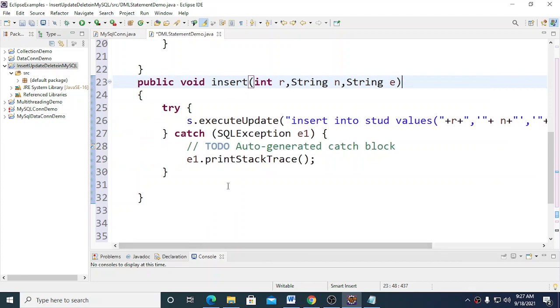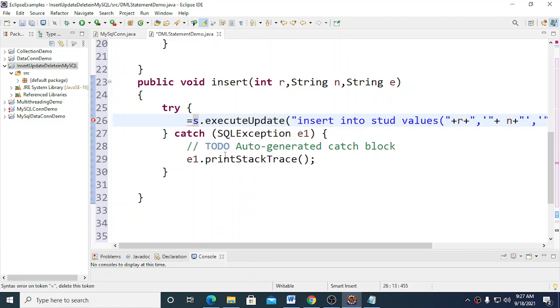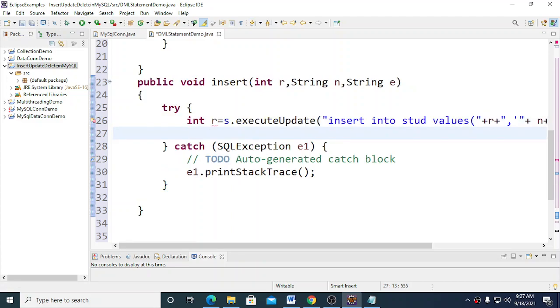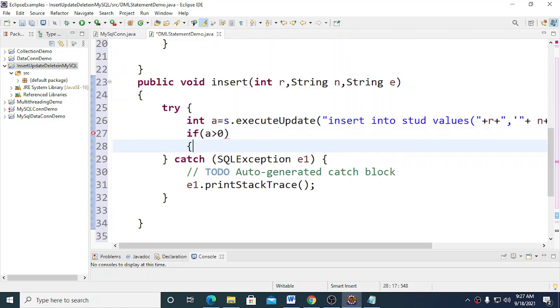Now, if the statement is successfully executed, this statement returns the result as an integer. If the result returned by the query is greater than 0, it means the record is successfully added into the table.